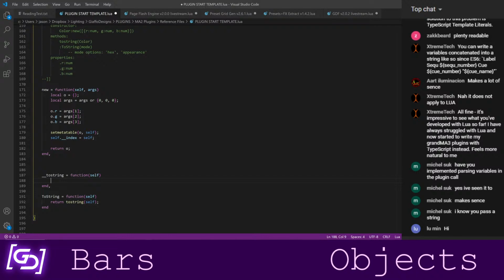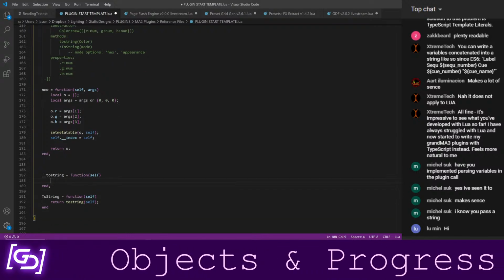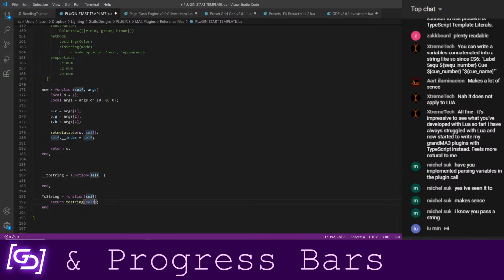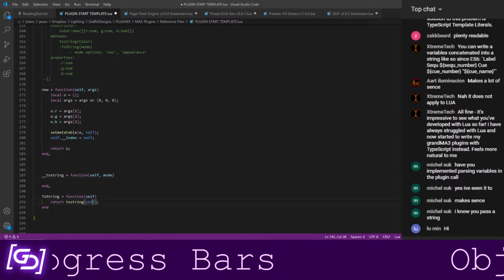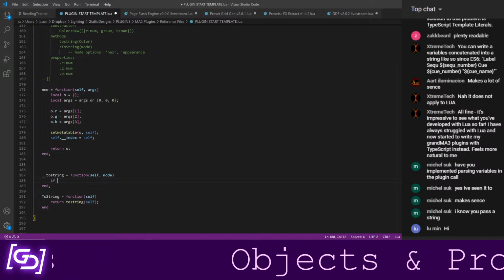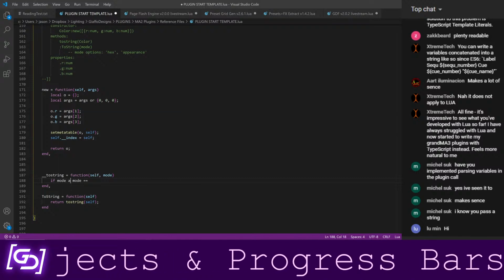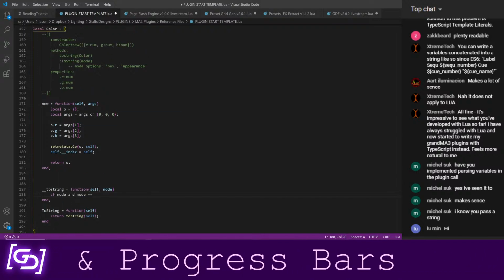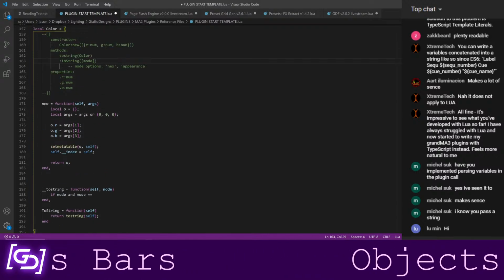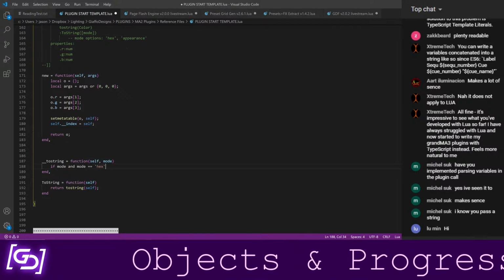Cool. Okay, and then to define tostring, we're going to do modes. And we're going to give this a... All right, so we'll figure out how to handle that here in a second. So our tostring method is going to be if mode and mode equals, so I just made mode optional. So we're going to make the default appearance. So we'll make this one hex.